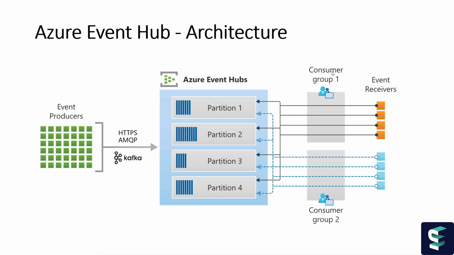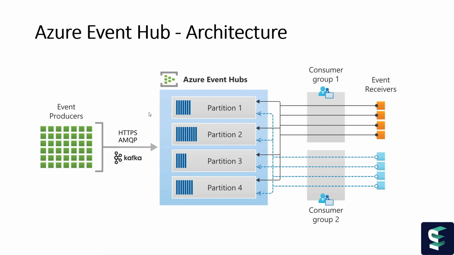And then we have consumer groups. You can understand a consumer group as a way through which you can segregate the applications which you are polling from the event producer. Consider this: let's say you have 5 applications on the event producer side, and you can create a similar count of consumer groups on the other end, so that each of these applications can send data to a specific consumer group, and at the end the event receiver can pull the data from those specific consumer groups. In this case our event receiver is Splunk.